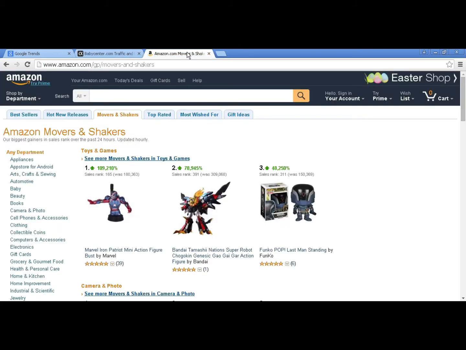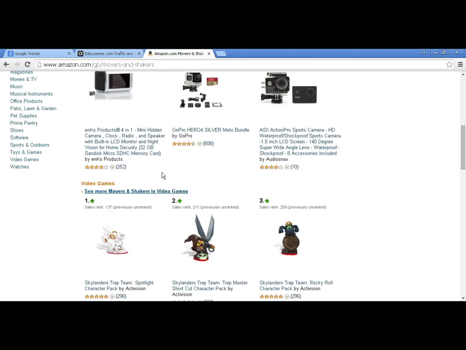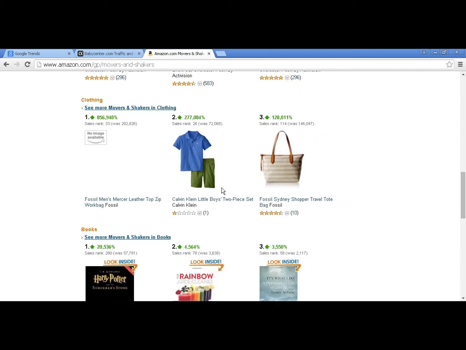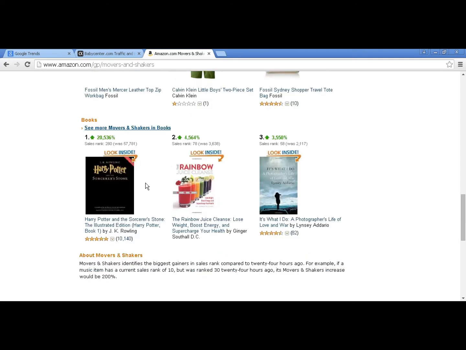And finally there's Amazon.com movers and shakers, and you can see which particular items are increasing in popularity, and you can go through all sorts of things. This is toys and games, or cameras and photos, video games, and so on. And you can do things like clothing or books, and you can see, for example, the latest Harry Potter is up 20,000 compared to previously. So it gives you an idea as to the sort of thing that people are looking